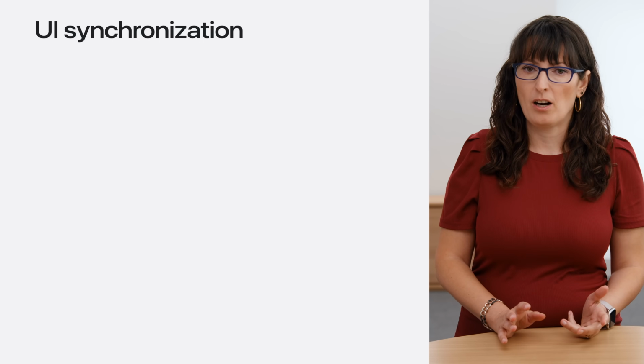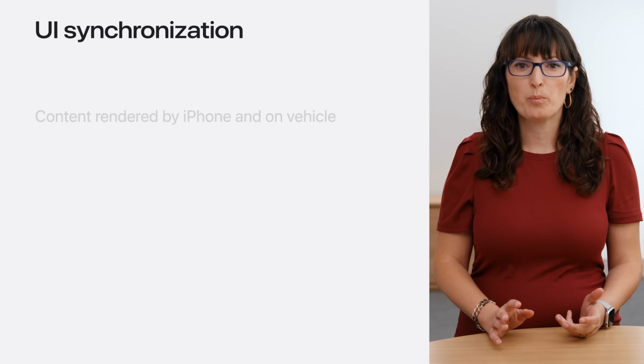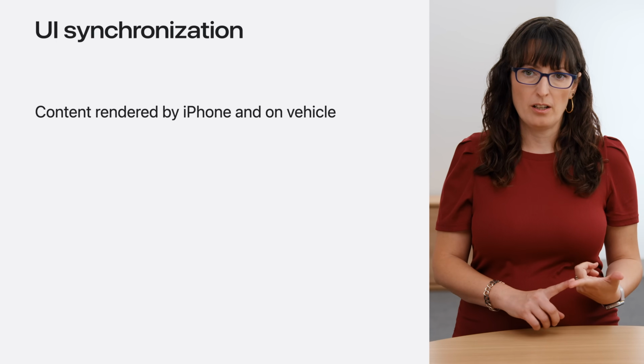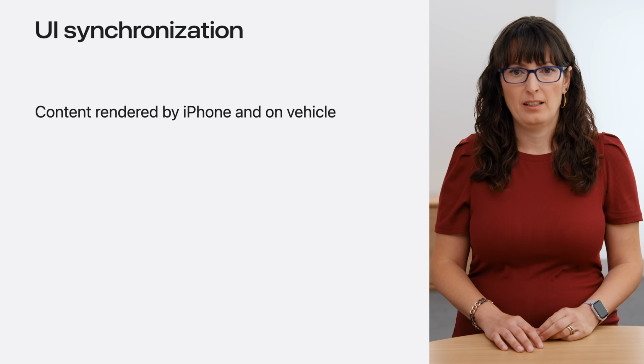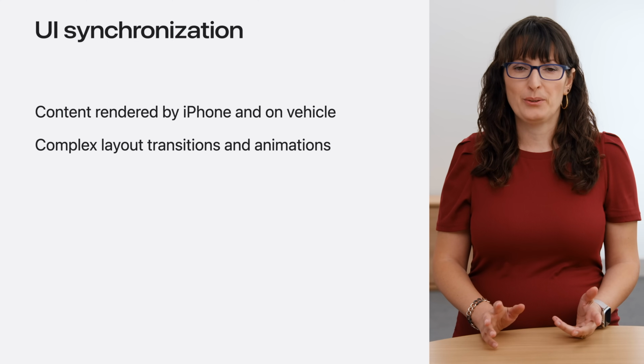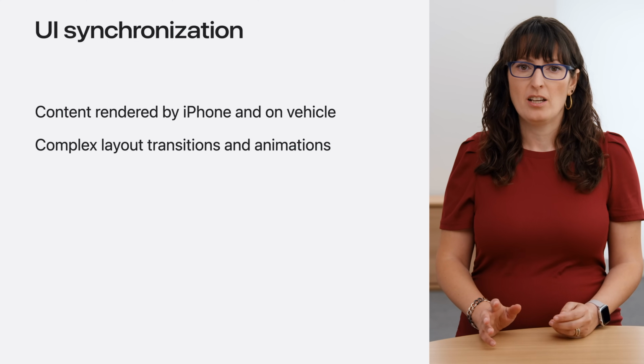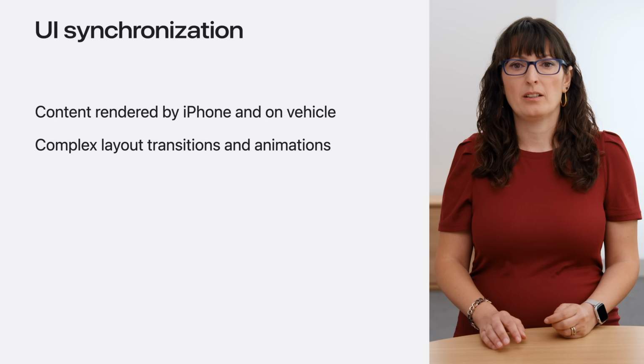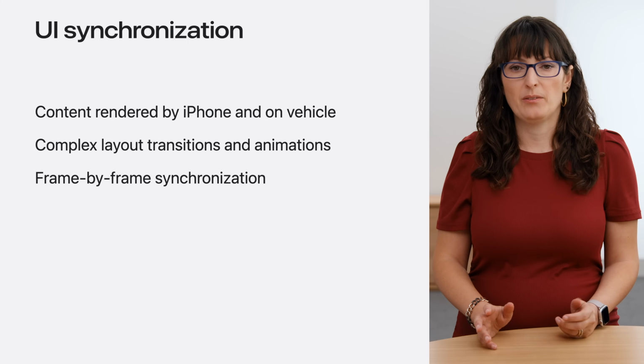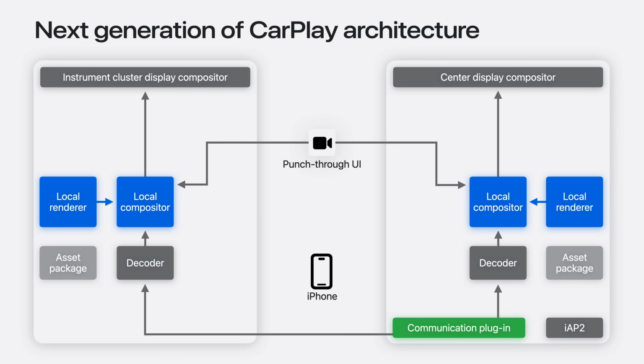As you have gathered so far, the next generation of CarPlay incorporates content rendered both locally on your car, as well as remotely by iPhone. Yet, the experience includes seamless layout transitions and animations, just like what we're familiar with on iPhone. To achieve this, we use frame-level synchronization. As in CarPlay, each remotely rendered iPhone video frame carries a presentation timestamp that specifies when it should be actually shown to the driver. The next generation of CarPlay adds a dedicated low-latency channel from iPhone to each display called